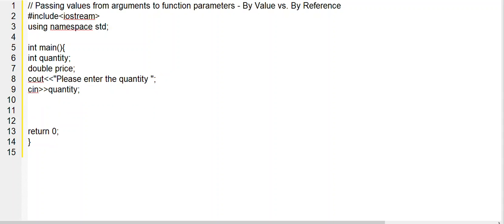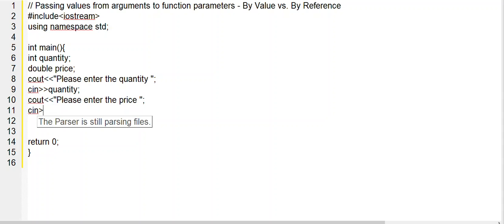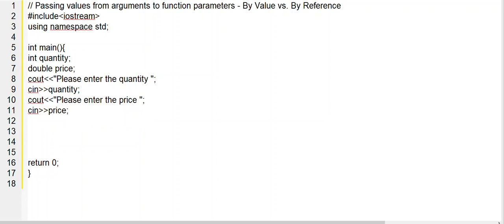Then we get the price. Right, so we have two variables, quantity and price, and we get the user to give us the values for